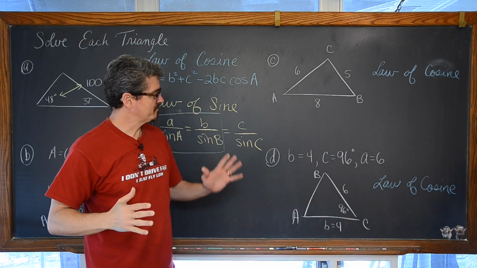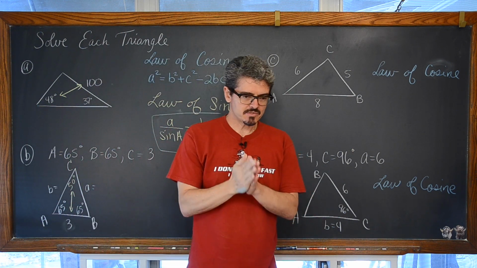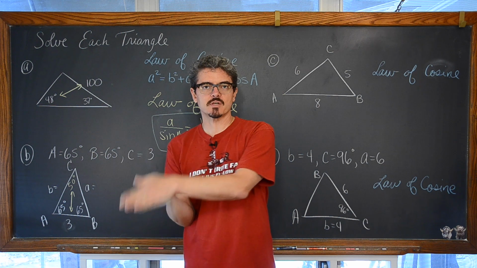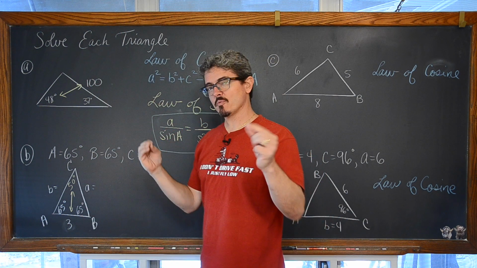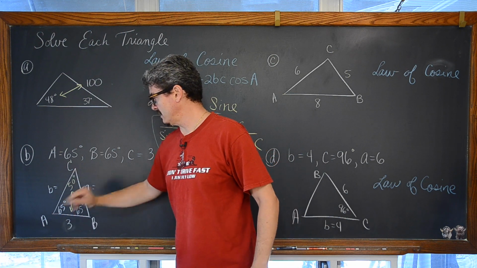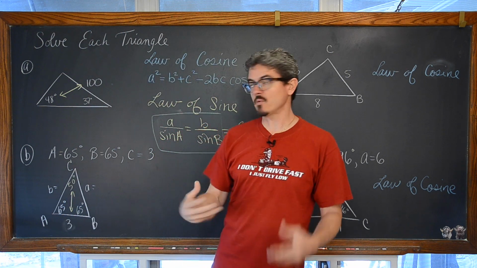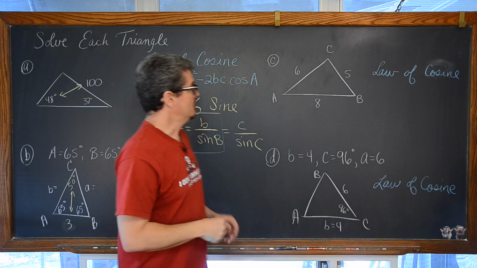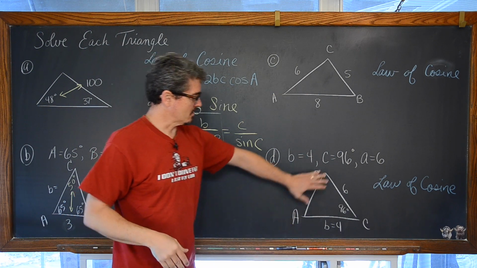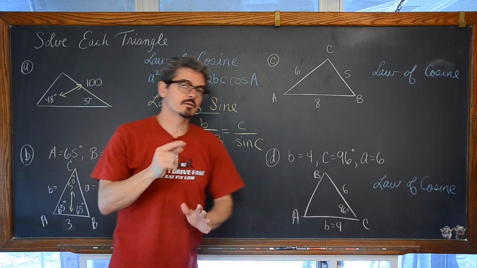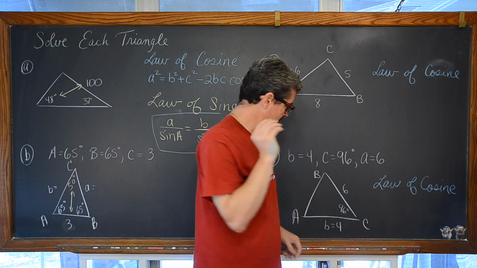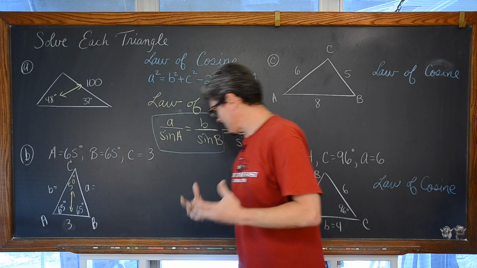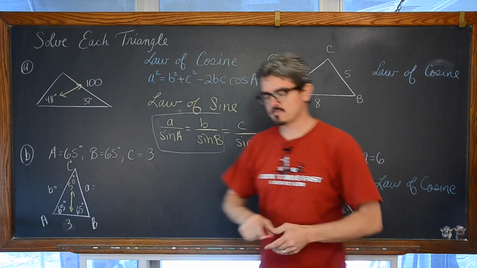Okay, so now you understand how to determine whether you use law of sines or law of cosines. If you know a side and a given angle, or if it's very easy to find, a side and an opposite angle, you're going to approach that with law of sines. If you are given three sides or two sides and an included angle, that's law of cosines. Now, we haven't got to the math yet, but it's important to see all this as a big picture, I believe, with my years of experience.